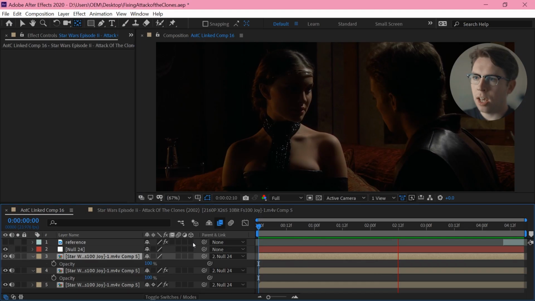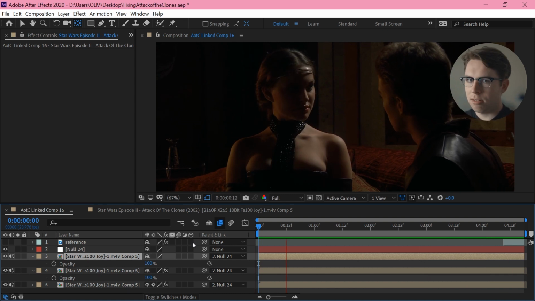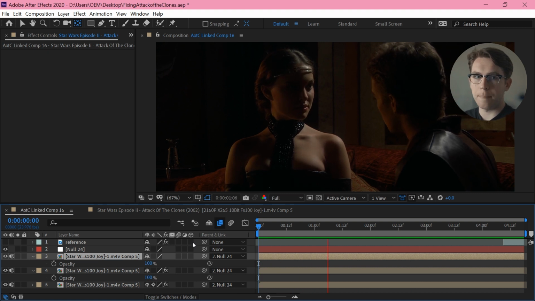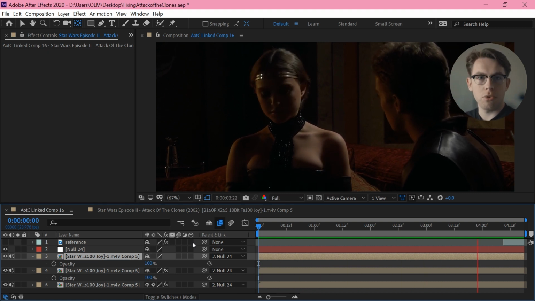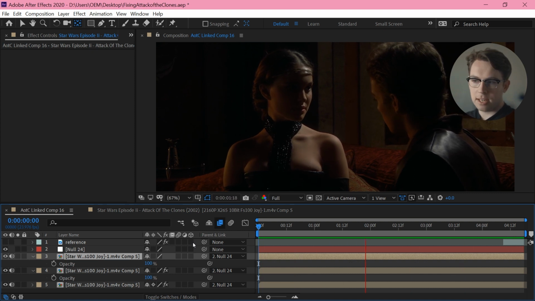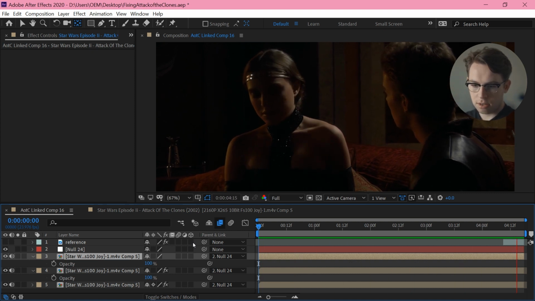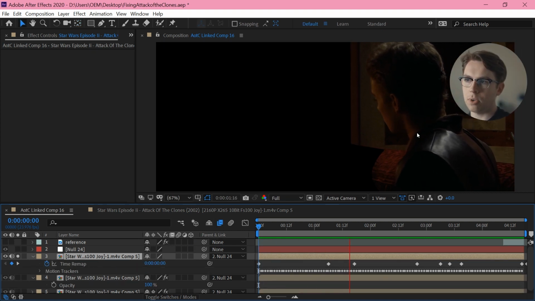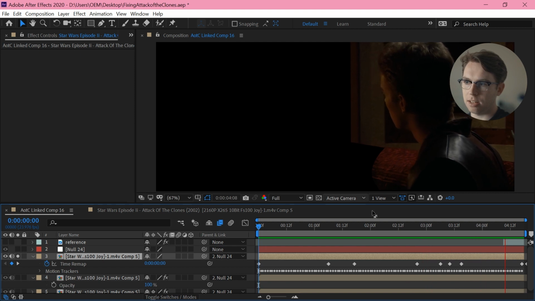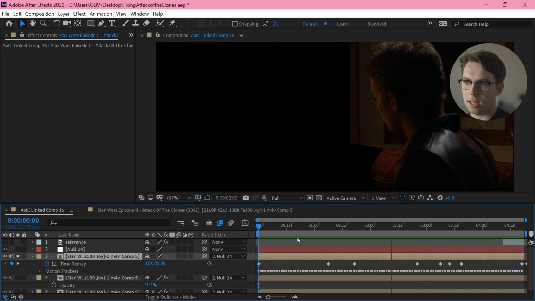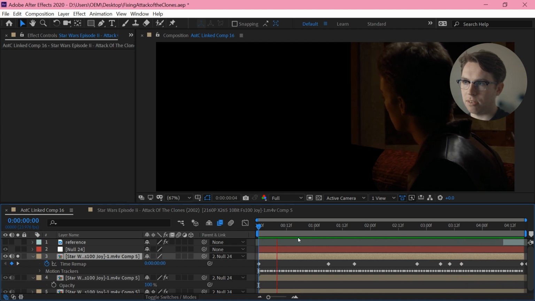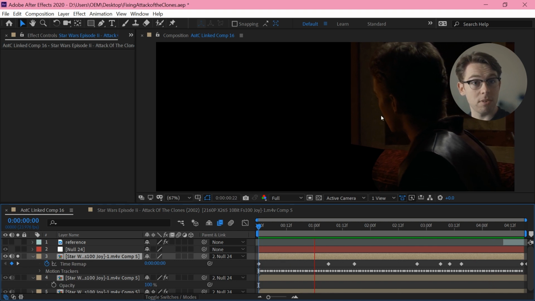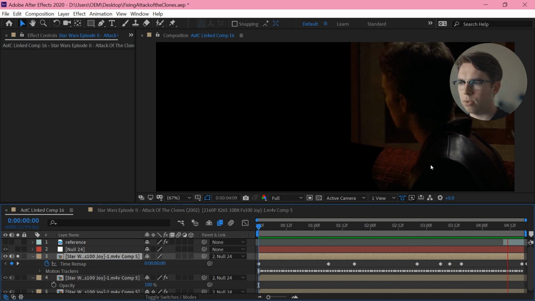Okay, shot 16. I want to generate a shot of them both shifting uncomfortably, and then also have it cut into the next shot of Padme turning away and saying, I can't, or whatever she says. So I've just isolated Anakin here, and I've done a time remap. So he goes forward to speak and then moves back. And that's got morphing between all those frames, and it's a little rough, but he definitely isn't the focal point of this shot, so I think I get away with it without doing too much more.